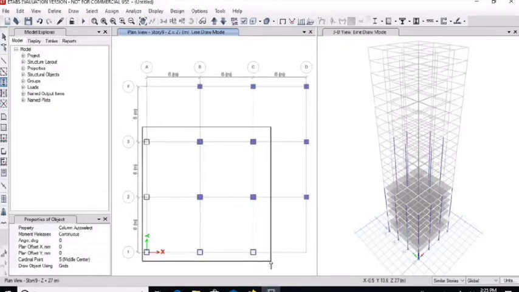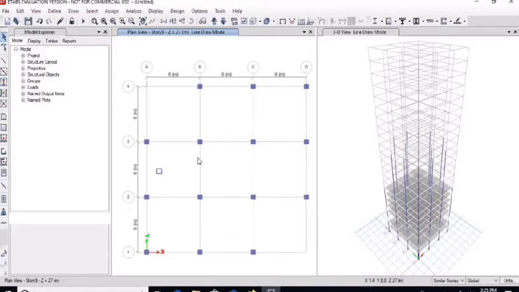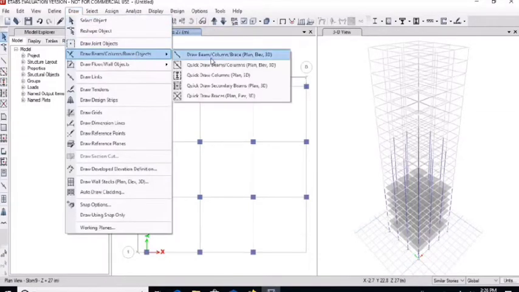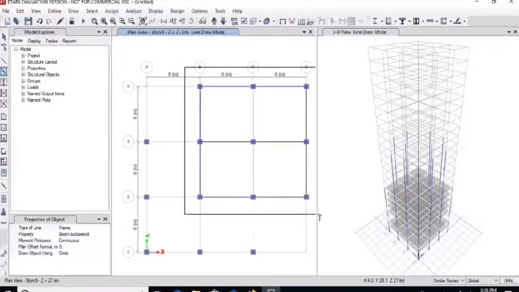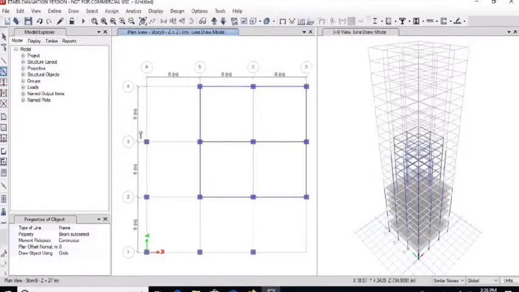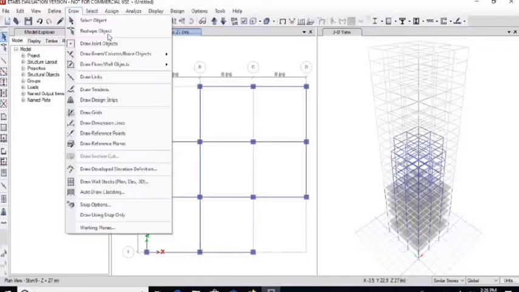Make sure the property is column auto select. Similarly, draw the beams. Make sure that property is beam auto select. Now draw slabs of 150 mm thickness.